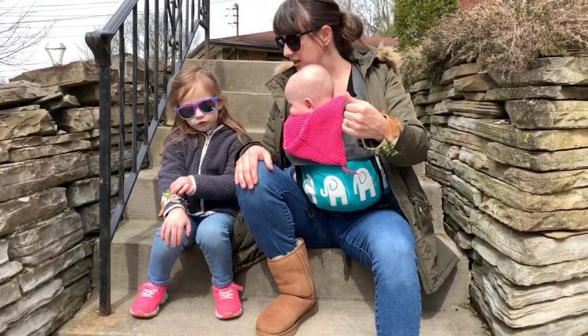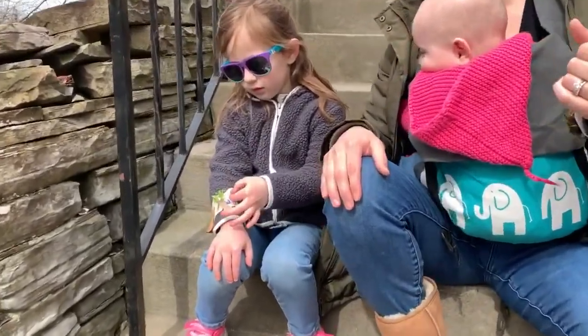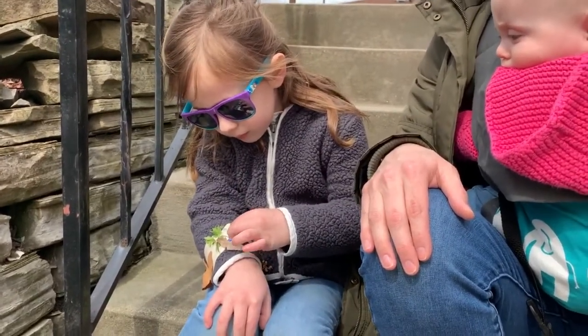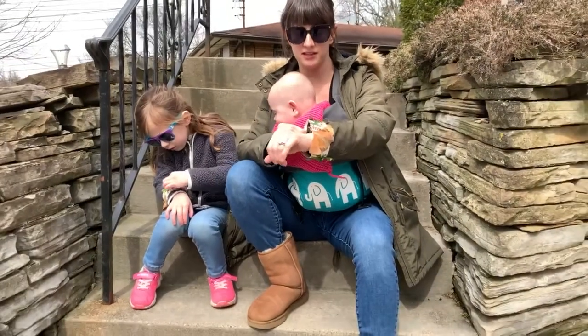I'll take one off to show you. Oh, what color is your flower? Blue. It was really interesting to find because when we first got into the woods and on our walk,